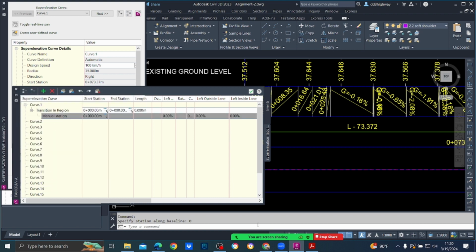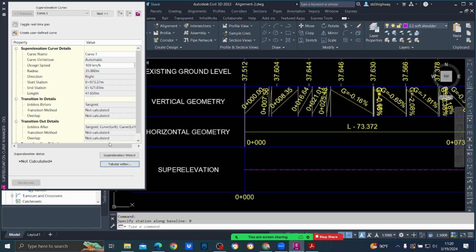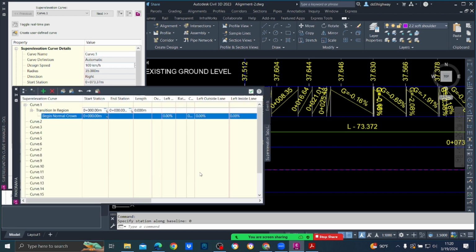Then there's a glitch in the software, you know, it is not coming here, right? So what you can do is you can tick it and come back again to tabular editor. Now it has come, begin normal crown. So here all these things you will have to